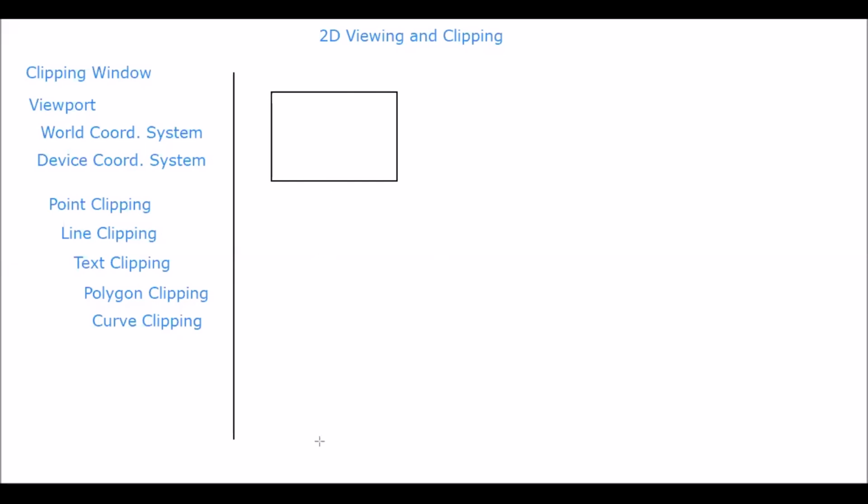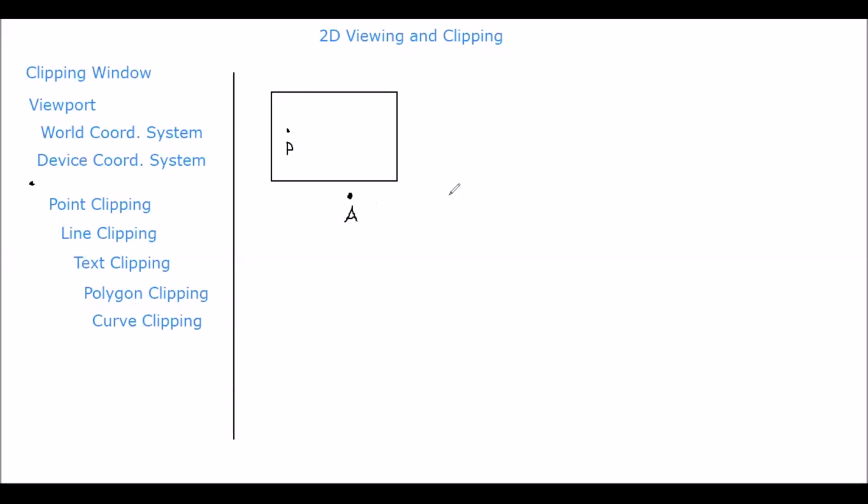When I draw something outside this box, that should not be visible. So if I draw a point here, let me say this is P, and if I draw another point here, a bigger point so that it is visible to you, let's suppose this is A.